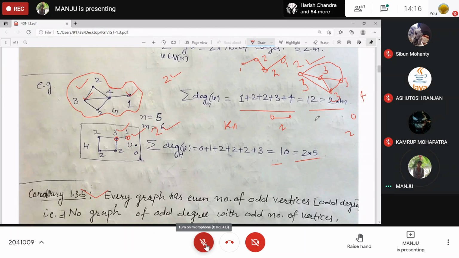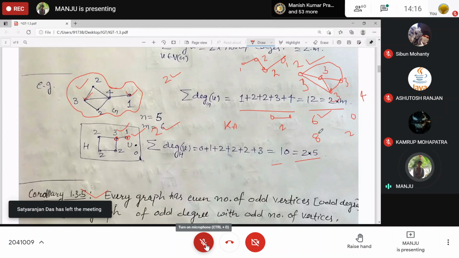K6, all the degrees are 6 minus 1, 5. So how many vertices? 6 vertices with degree 5, so 6 odd vertices. Likewise, in K7 all are even. K8 will have 8 vertices of degree 7, that is odd vertices.